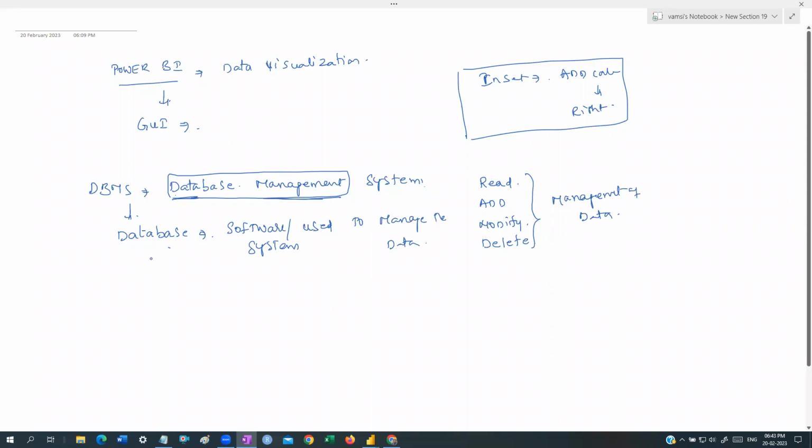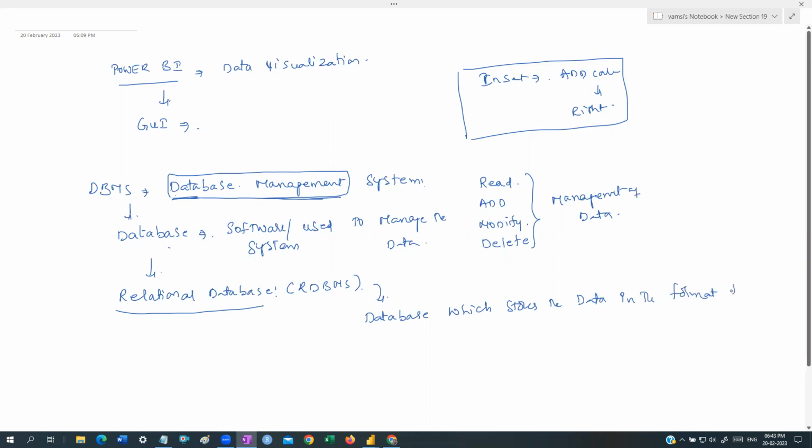Now the main concept: what is the meaning of a relational database? Very simple, guys. What do we mean by relational databases? Relational databases, or simply an RDBMS, Relational Database Management System. A relational database is also a database, but one which stores the data in the format of tables.